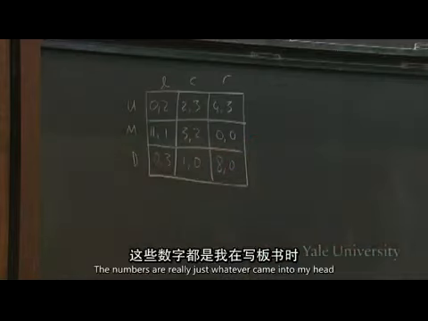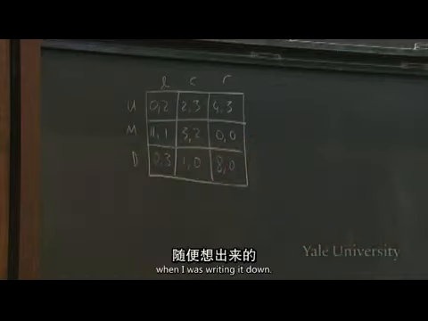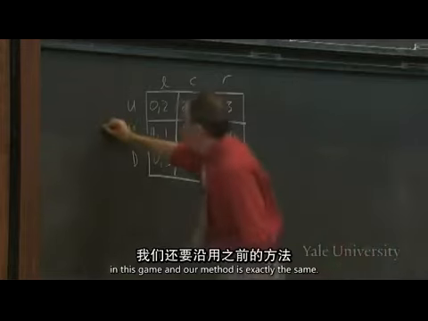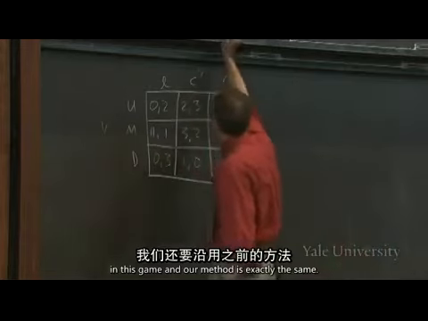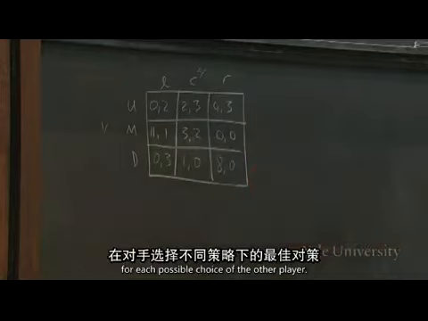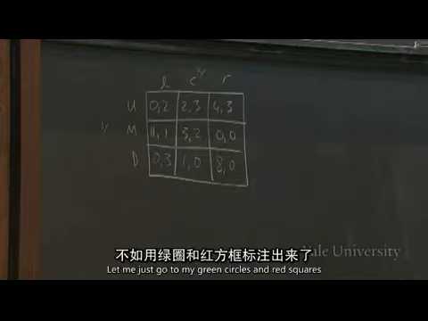The numbers were really just whatever came into my head when I was writing it down. And once again, we want to find out what the Nash equilibrium is in this game. And our method is exactly the same. We're going to, for each player, figure out their best responses for each possible choice of the other player. So rather than write it out in 4, let me just go straight to my green circles and red squares,